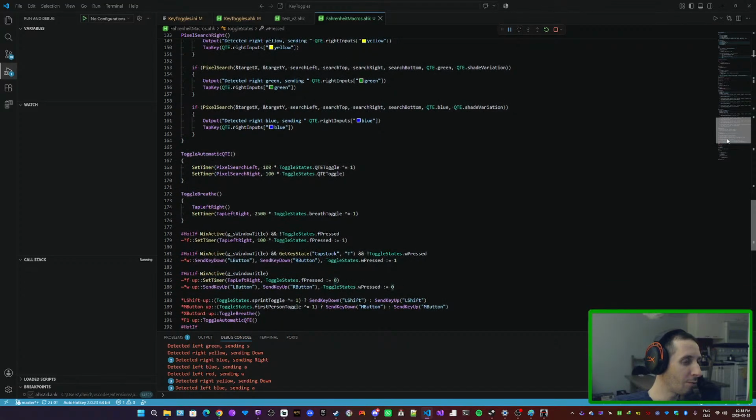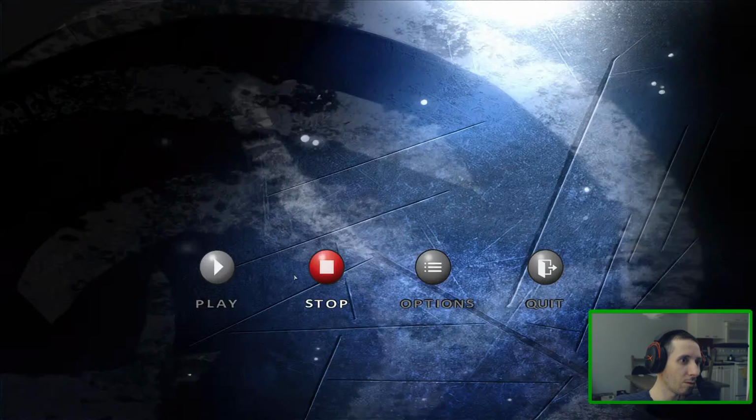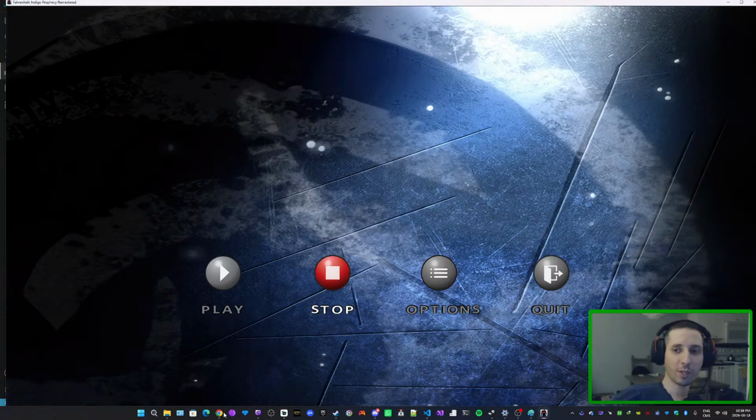So maybe every 500 ms. Because what was happening is that since I told it to search like 10 times per second, each button is highlighted for more or less 500 ms. Therefore, it was trying to send, like, let's say